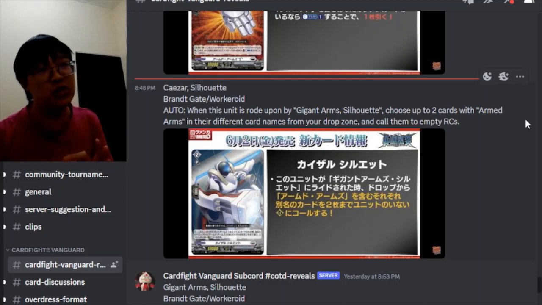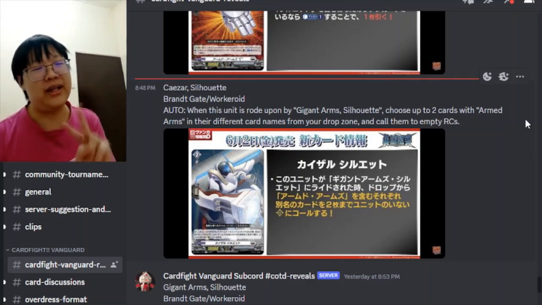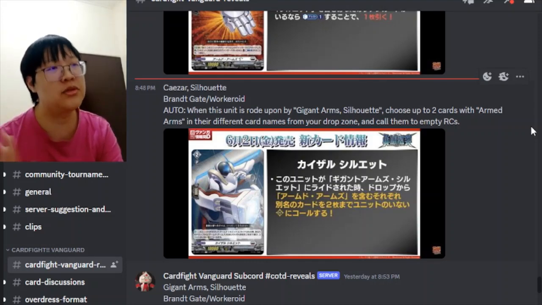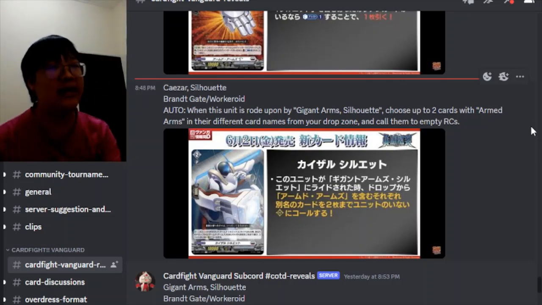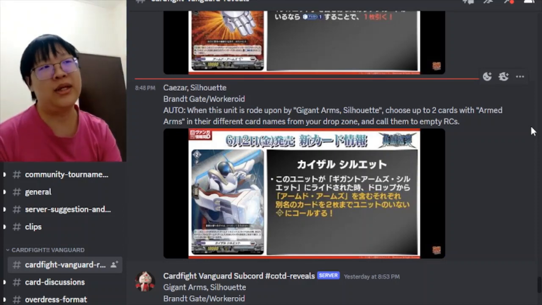This will be the grade 2 when this unit has been rolled upon by Giga Arms Silhouette. This is the one for the Rideline. For the Rideline, choose up to 2 cards with arms in different card names from the drop zone according to empty rear cards. So this is technically very nice as well, because not only are you able to call 2, the fact that you are able to bounce